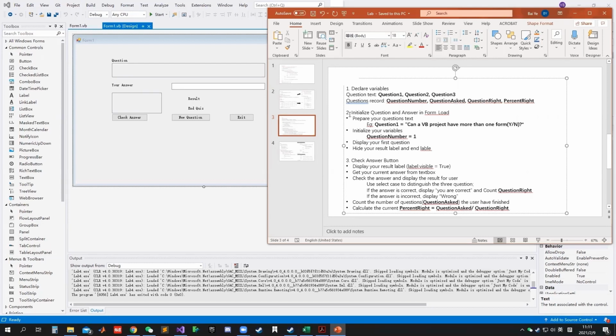And then you need to initialize the questions and answers in the form load. First, prepare your question text. So you need to write the question text and display in all of the questions 1, 2, 3. So for example,